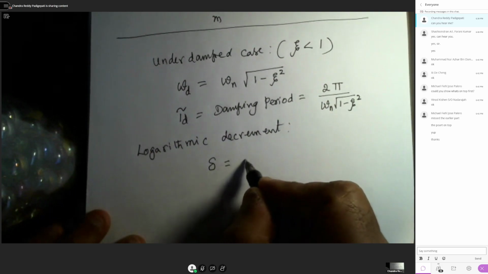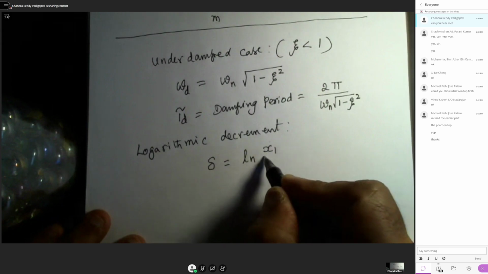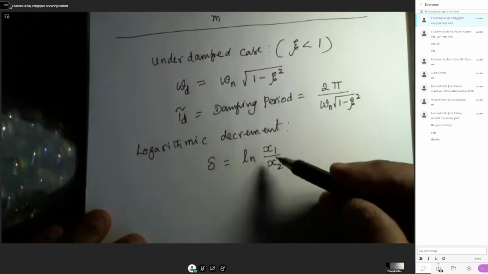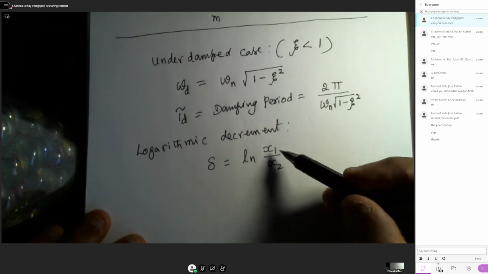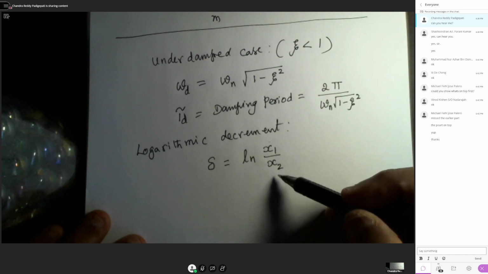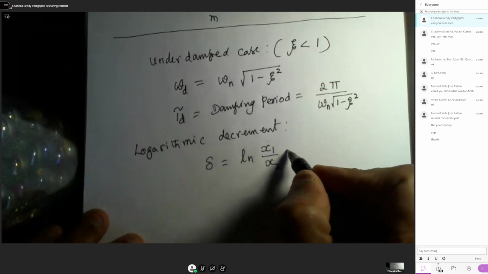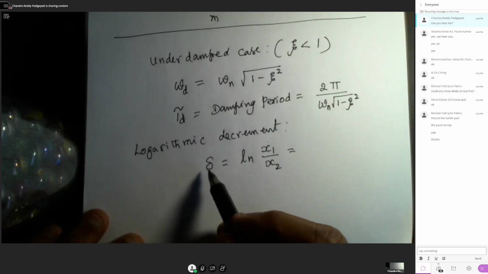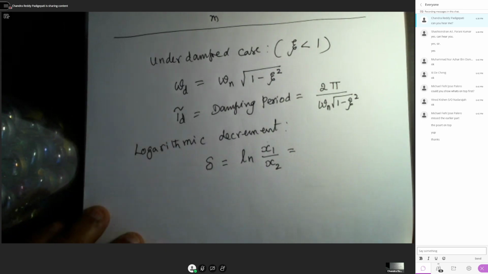So we define this as the natural log of the ratio of two successive amplitudes. We can write log x1 over x2. x1 is the amplitude of the first vibration, x2 is the amplitude of the succeeding vibration. Okay? So this logarithmic decrement we normally study from the experimentation of the system, and we trace the response